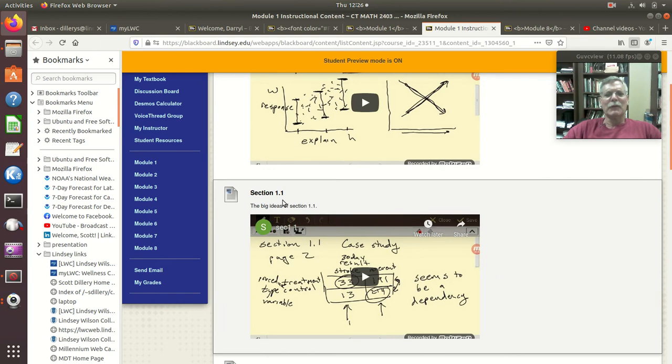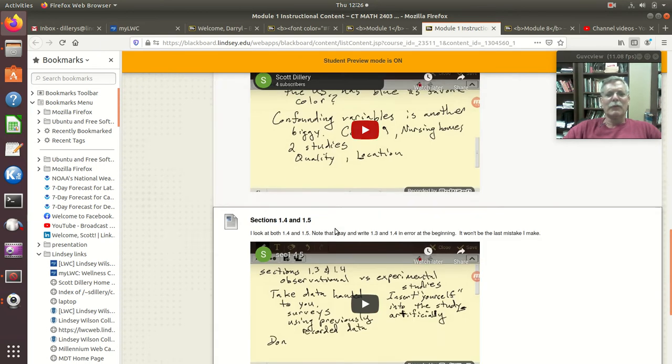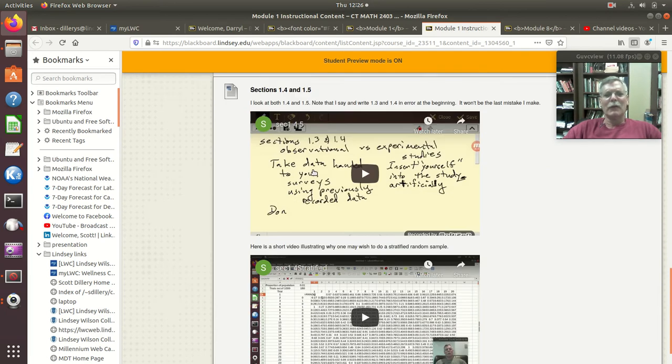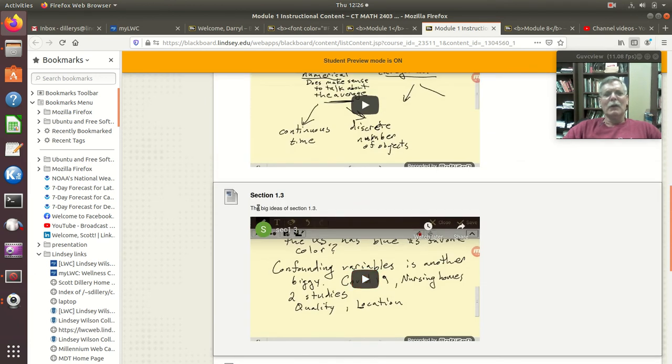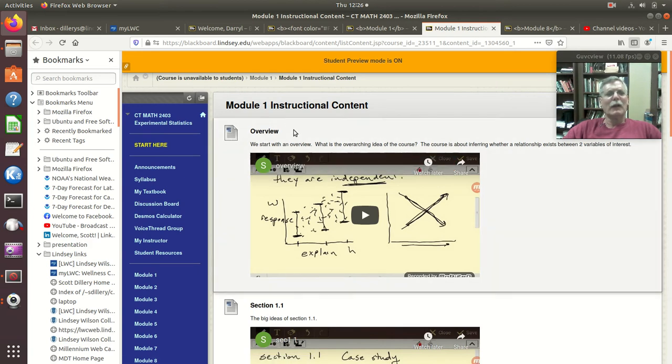Notice, this says section 1.1, section 1.2, section 1.3. Now here I put sections 1.4 and 1.5 together. There are a couple videos on that, so that's kind of what you expect in that instructional content.